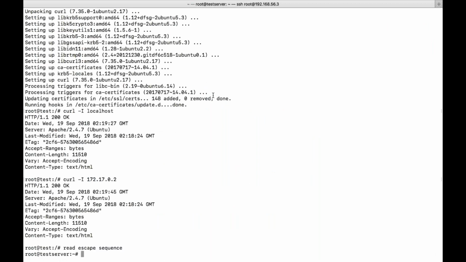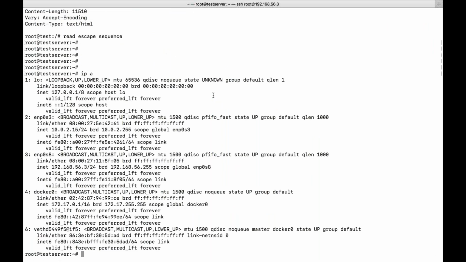Let us assume this is my physical server or virtual machine, whatever it is. My virtual machine IP address is reachable, right? At least I can reach my virtual machine. So I want to bind a port number of my host machine, in the sense where you have installed Docker. On the host machine, I want to allocate one port to a container, so that if I access the host IP address with the port number of the host, I get the application which is running in the container. That method is called port forwarding in Docker.